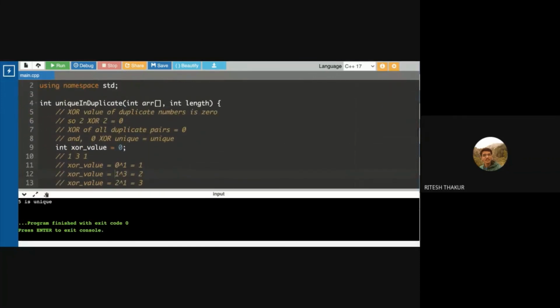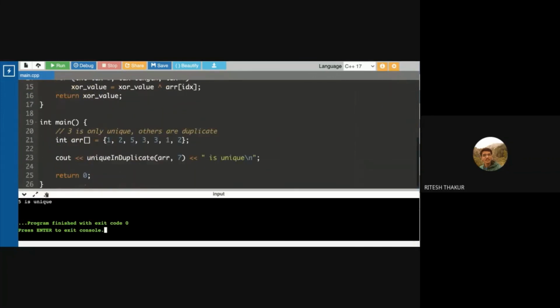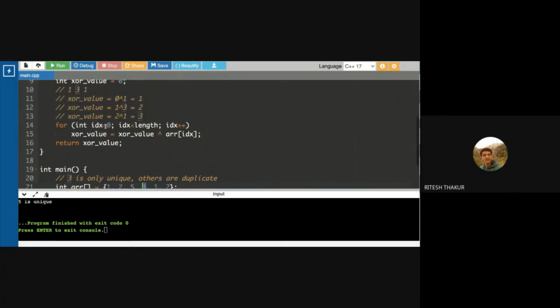You can also find, let's say, if there are 2 unique in an array of duplicates. So like here, if I remove the 3, now you can see 1 has a duplicate, 2 has a duplicate, but 5 and 3 don't have any duplicate. So we can even find those as well. That is quite an advanced implementation, so we'll not be covering that right now, but if you want, you can search how to find 2 unique numbers out of an array of duplicates.